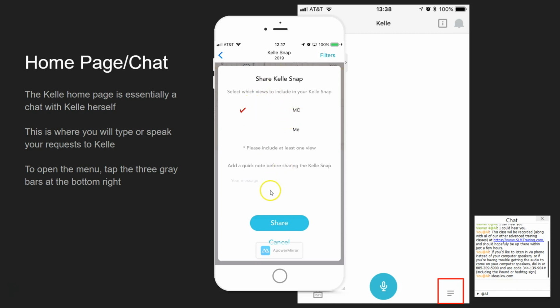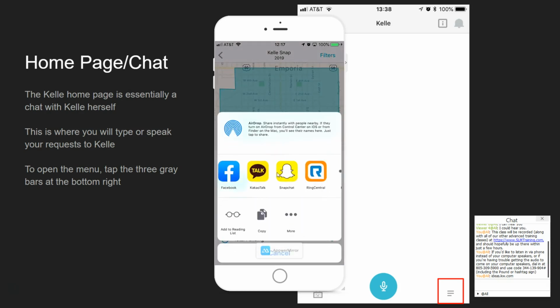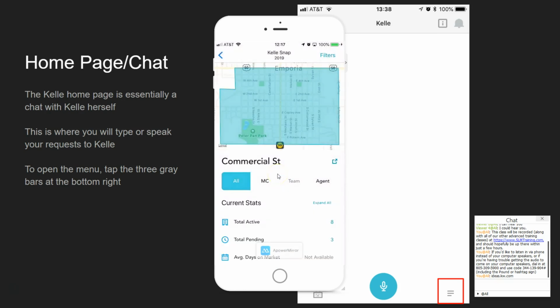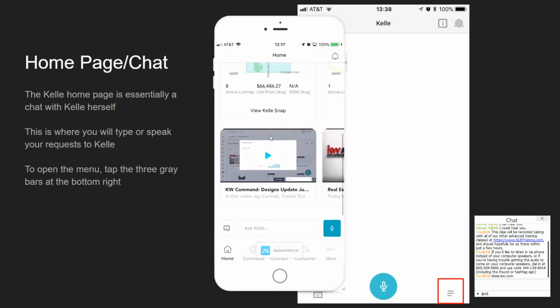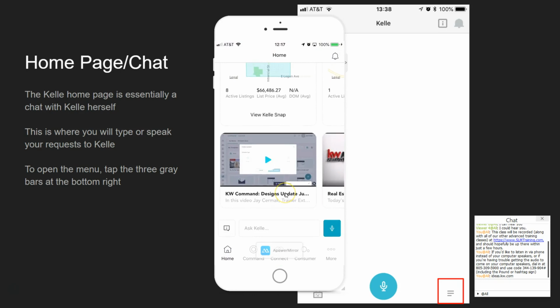And then you'd add a message, and then you tap on share, and it's going to pop up with different options on your phone that you can use to share it to messaging apps or sending it as a text or things like that. Coming back out here to our home page, the last thing on the bottom here is